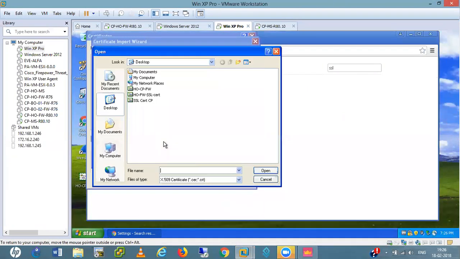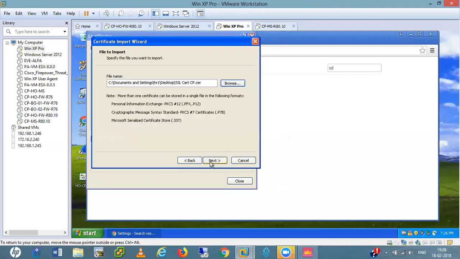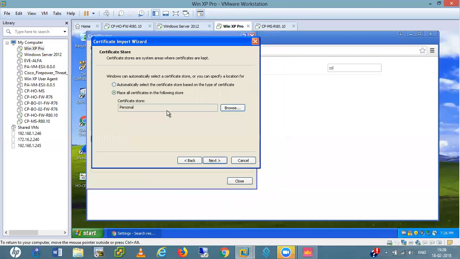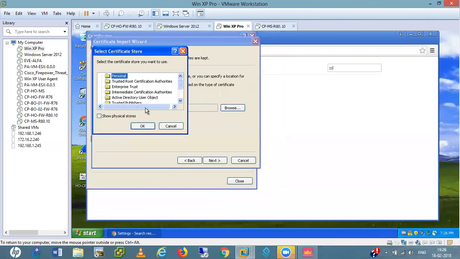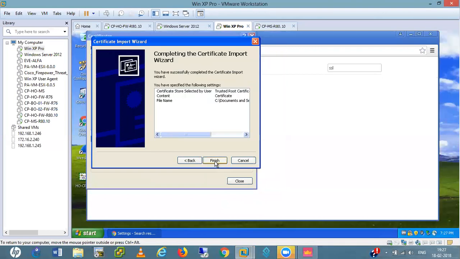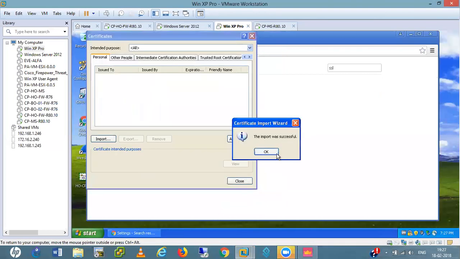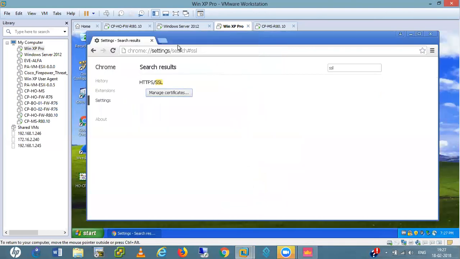I'm browsing my certificate, SSL cert CP, next. I place this into trusted root certificate authority folder. Okay. Next, finish. Yes. Okay, close.